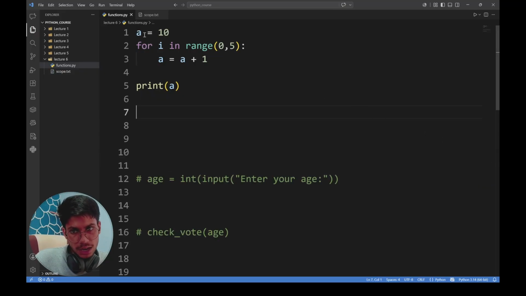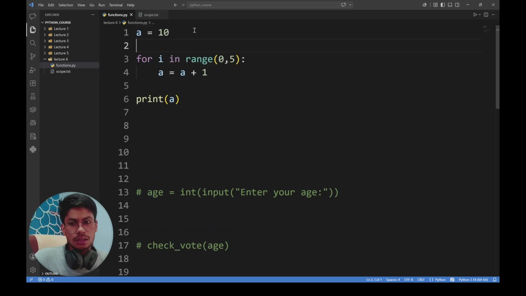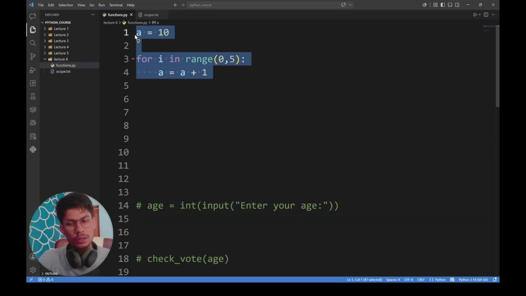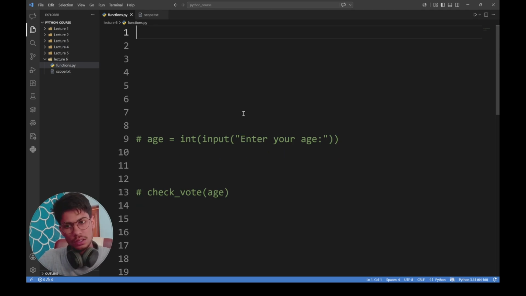So you can see that we can access and modify the data of a global variable inside a local function. That is, the order of the emperor can be implemented in the territory of a local ruler. Since we have already seen the example related to a global variable using the for loop, we will now see the example related to the local variable using the